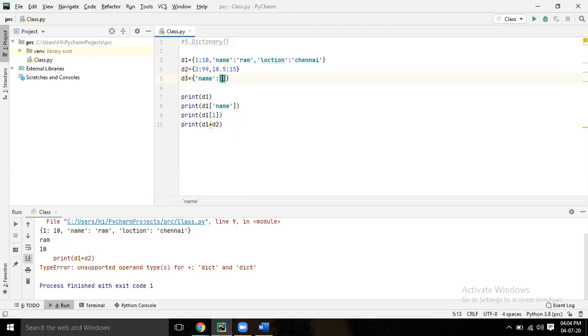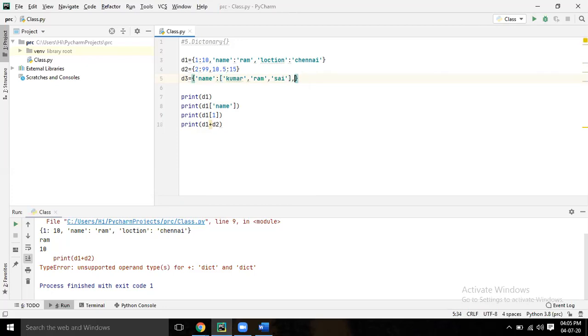Give some names, comma, comma, names within quote. After the ending of the square bracket, give comma.